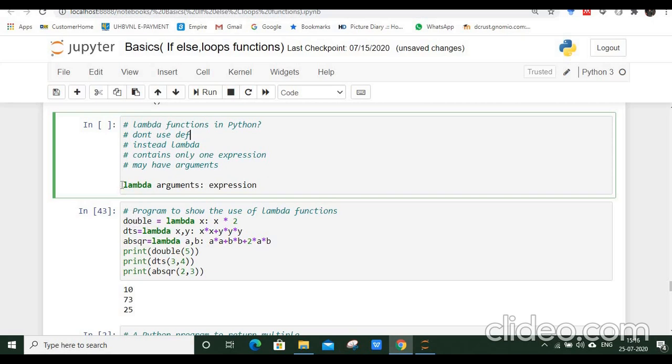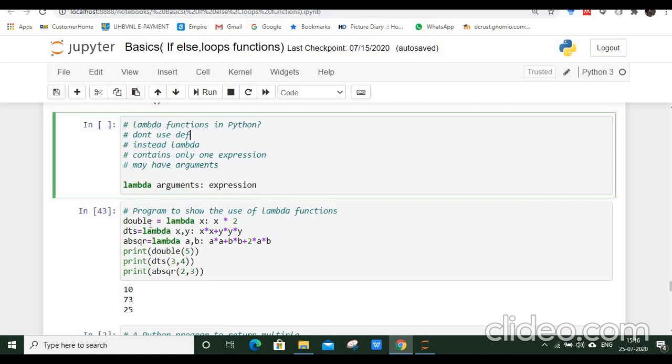Okay, so to define the lambda function, this is the syntax, where instead of the def keyword, we will be using the lambda keyword that is available in Python, and then there will be the parameters or arguments that it takes as input, and then there will be the expression, meaning the body of the lambda function.